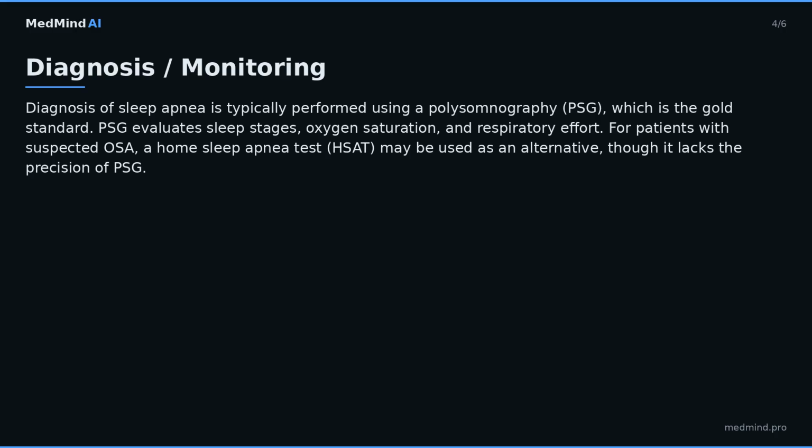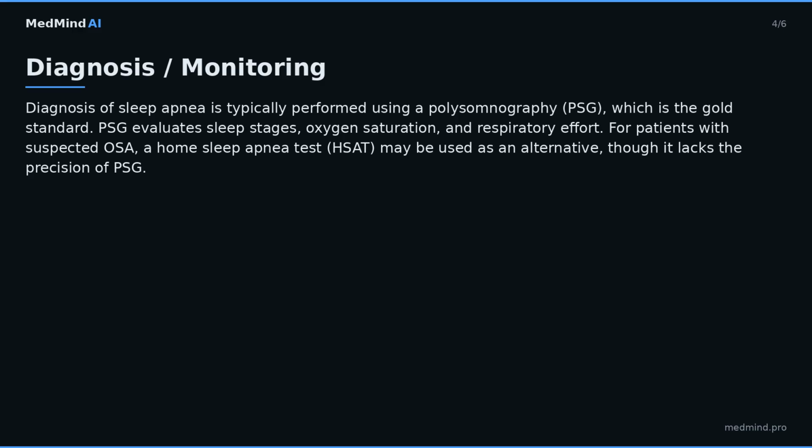Diagnosis/monitoring. Diagnosis of sleep apnea is typically performed using a polysomnography, PSG, which is the gold standard. PSG evaluates sleep stages, oxygen saturation, and respiratory effort. For patients with suspected OSA, a home sleep apnea test, HSAT, may be used as an alternative, though it lacks